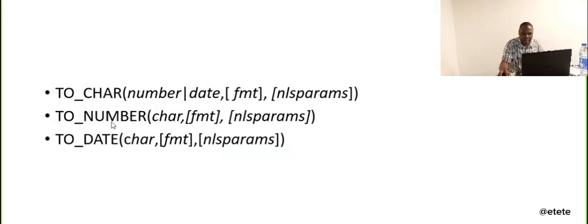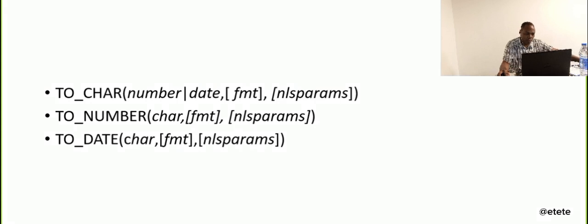Then we have TO_NUMBER. This is the parameter. So TO_NUMBER is expecting a character, which it is going to convert to number. And then you also have this FMT and NLS parameters. So you will see them practically. Then we have the TO_DATE function. This TO_DATE is a function you call when you want to convert a character to date. And then you also have the FMT and the NLS parameters,